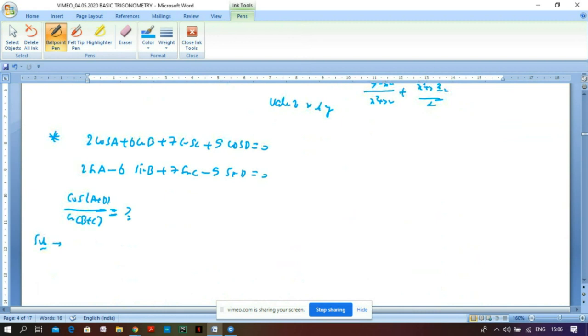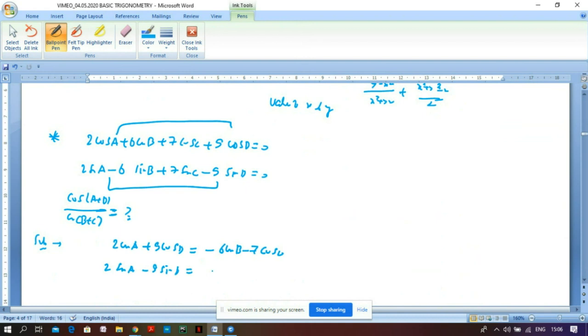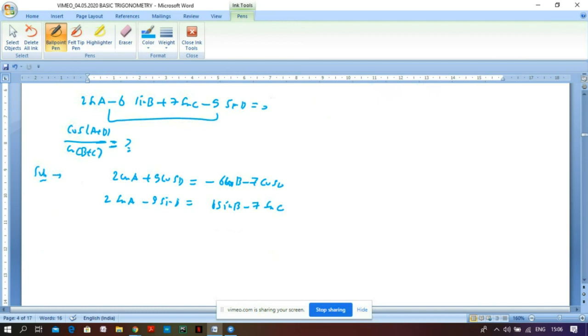Now, the motivation that I will give you is how to form cos of A plus D. For that, A plus D occurs here. So I can combine these two and combine these two just like the previous example. So I'll rewrite it: 2 cos A plus 9 cos D equals negative 6 cos B negative 7 cos C, and 2 sine A minus 9 sine D equals 6 sine B minus 7 sine C. This is what we can rearrange. And if I square and add,